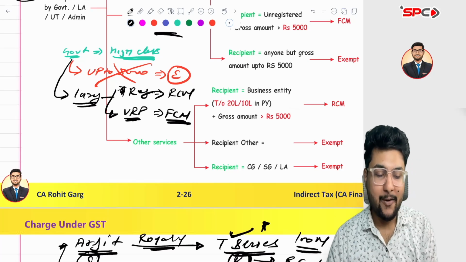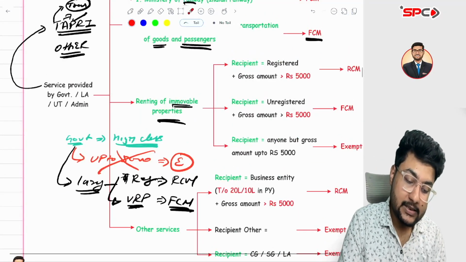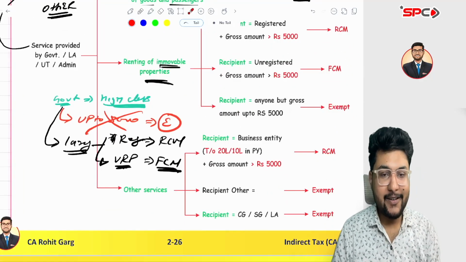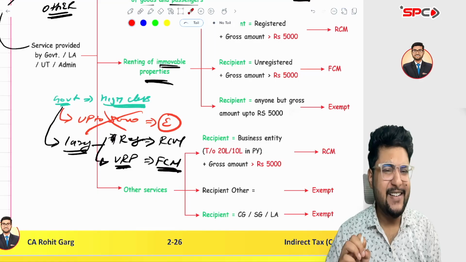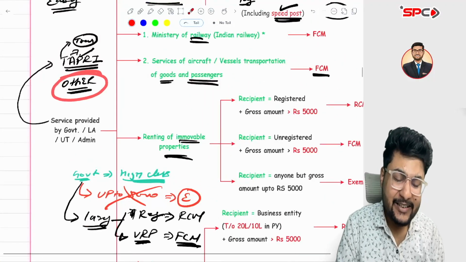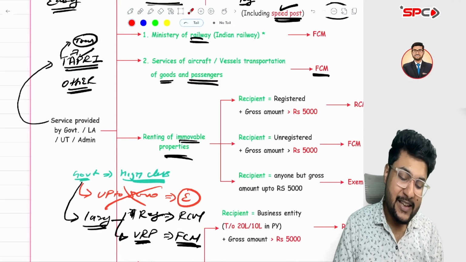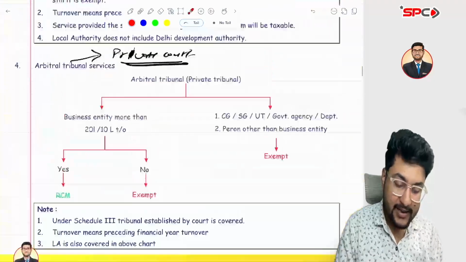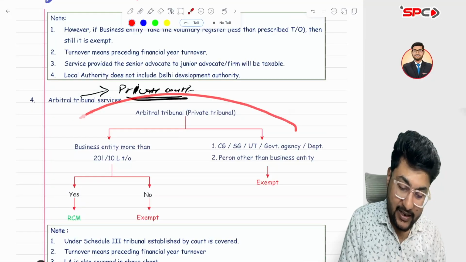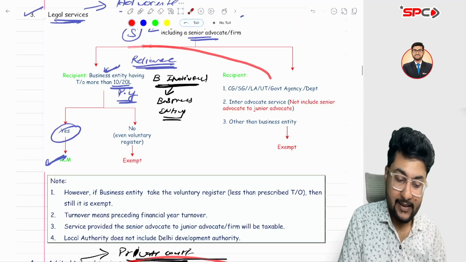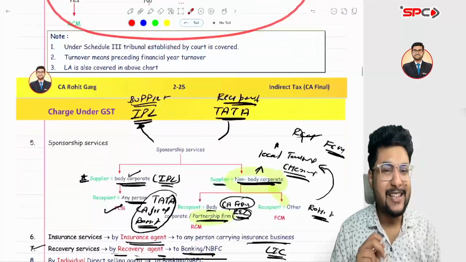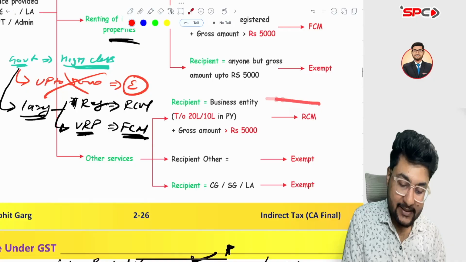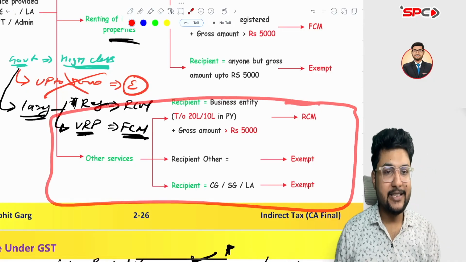TAPRI. Now, O means other services. Any services other than TAPRI are covered here, right? Here, the government, I have mentioned, is very lazy. For others, they did nothing. They just copy pasted. What did they do, brother? They just copy pasted the earlier entries. They copy pasted the earlier entry of arbitral tribunal and legal services, because they are very lazy. That's why, just because of their laziness, in other services they copy pasted the same.